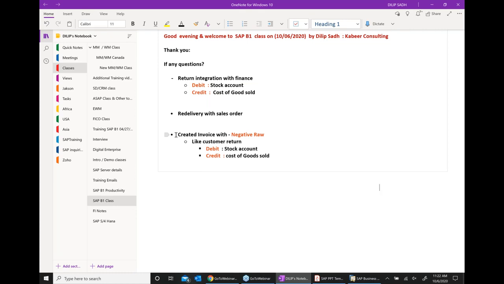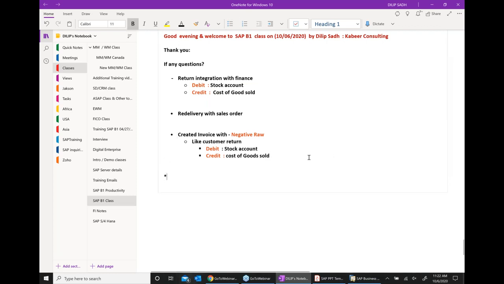Now pay attention to what I'm saying. You can also create a return without having a previous document. What is the meaning of that? Let's say a customer wants to return after 6 months.